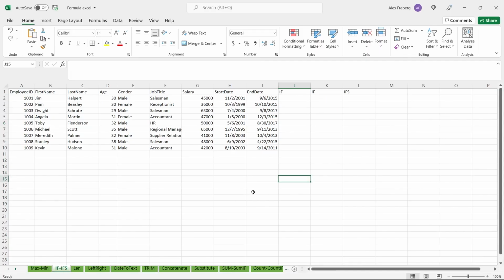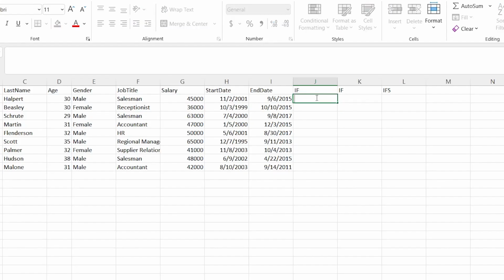Now, if is, I think, pretty straightforward. All you're going to do is say, if this, then that. Ifs is a little bit different. With ifs you can put multiple conditions, and as we're writing it, I'll show you the conditions that need to be met. All right, so we're going to click right here. We're going to say equal. We're going to do if, hit tab,